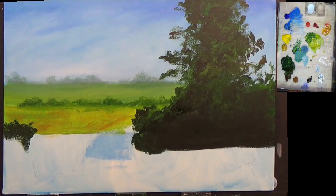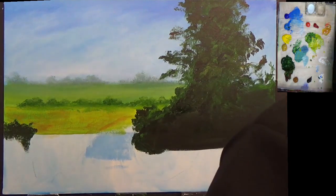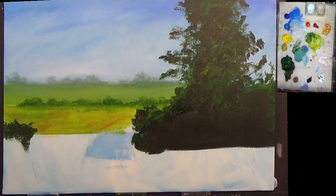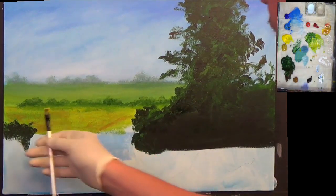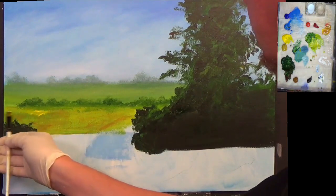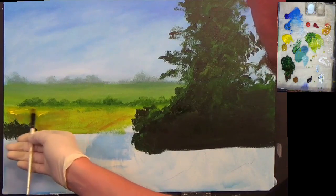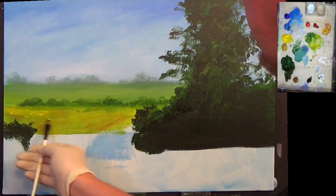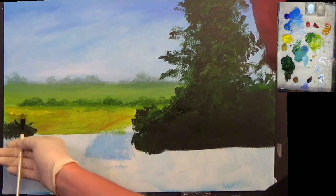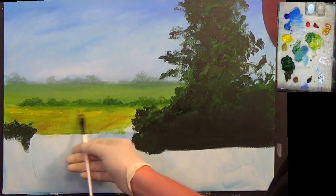It's not really warranted, really. I think let's check that in there. So I'm going to get that short flat now. I'm going to pick up a bit of this yellow, and I'm going to put some yellow into this field like this. Don't worry about that bit, because there's going to be trees and stuff in there. I'm just going to bring a bit of colour across like this,